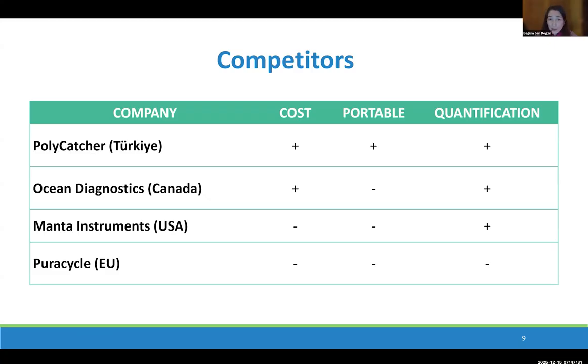We have emerging competitors at the moment from Canada, USA, or European Union. We will try to compete with them with a cheaper product, with a portable option of the device, and we will also solve